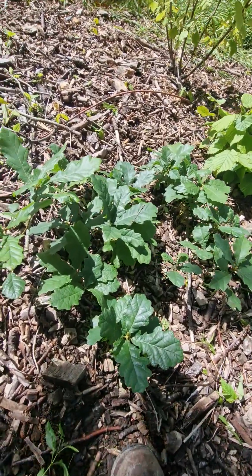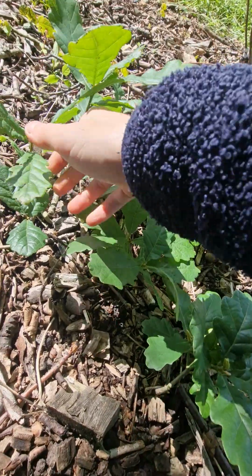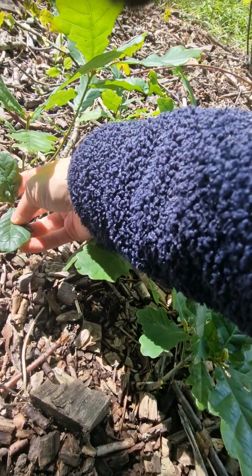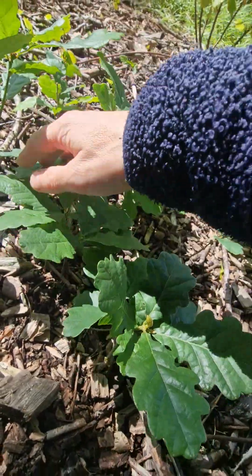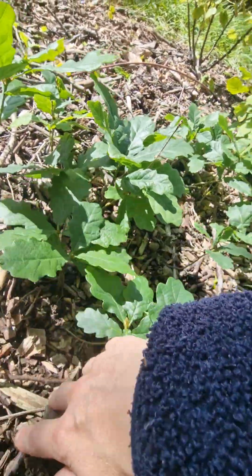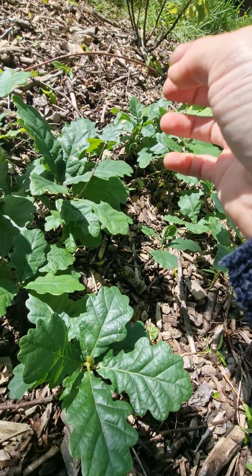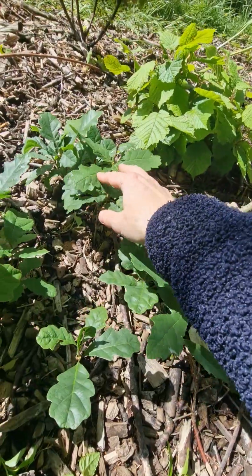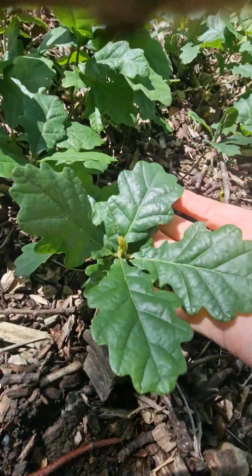Here are some of the oak saplings. We planted these from seed. We collected seed in one of the forests here in Scotland, an ancient forest, and we planted I think like 250 seeds or so in 3 spots in the garden and 3 nursery. These are the ones that developed the best,